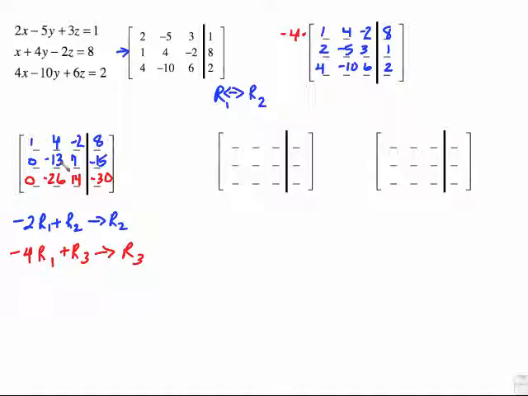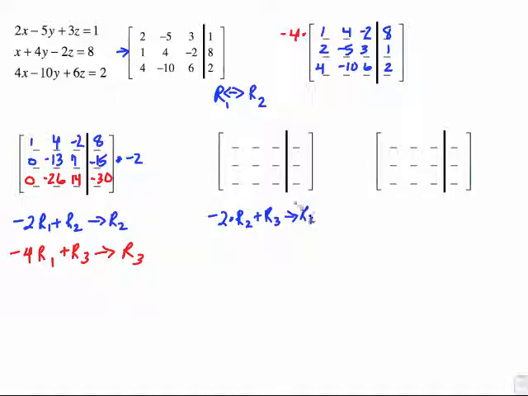Now would be the time to get a 1 in this position, but the only way I can do that is to divide everything by negative 13, and I'd really rather not have fractions. But I do notice something here. I notice that if I multiply this row by negative 2 and add it to the bottom row, a lot of stuff cancels out. So that is negative 2 times row 2, add it to row 3, and put that